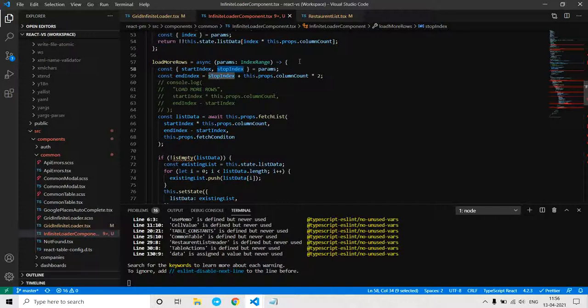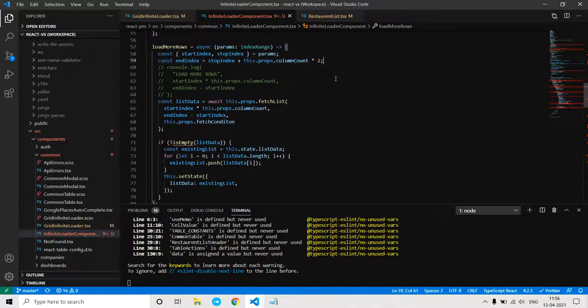Since the number of more rows to be loaded also depends on the number of cells that we are going to render, because obviously if we are rendering 3 cells in a row, the row count differs, and if we are rendering one cell in a row, the row count differs, and obviously this will have an impact on the number of rows to be fetched. Okay, so this is my end index.